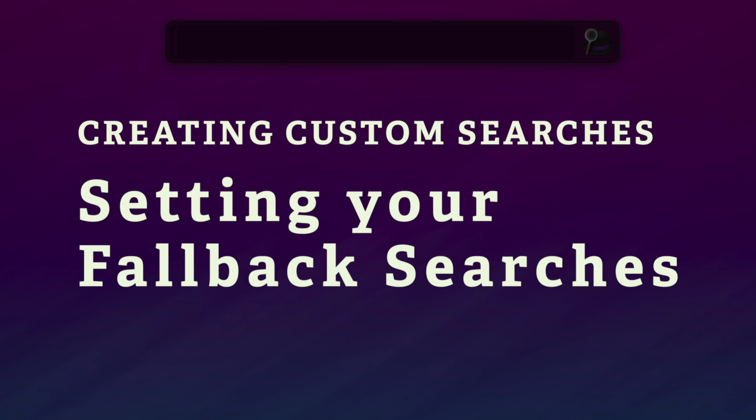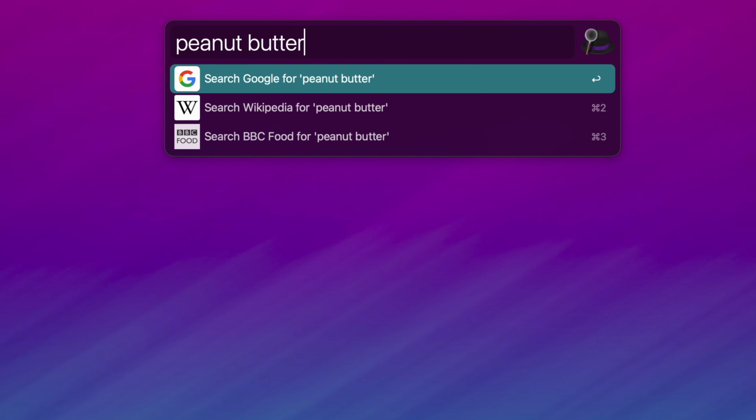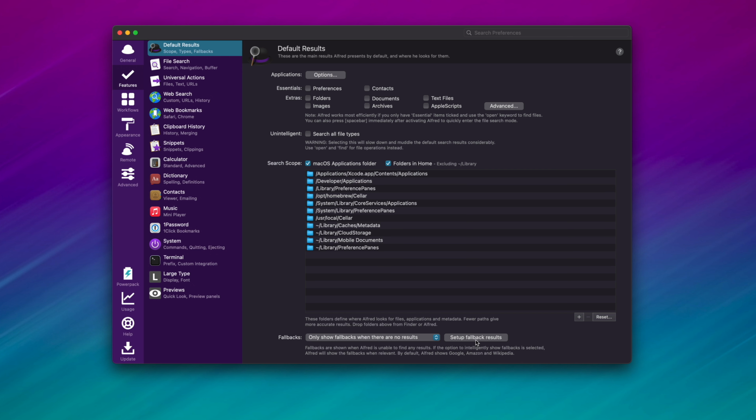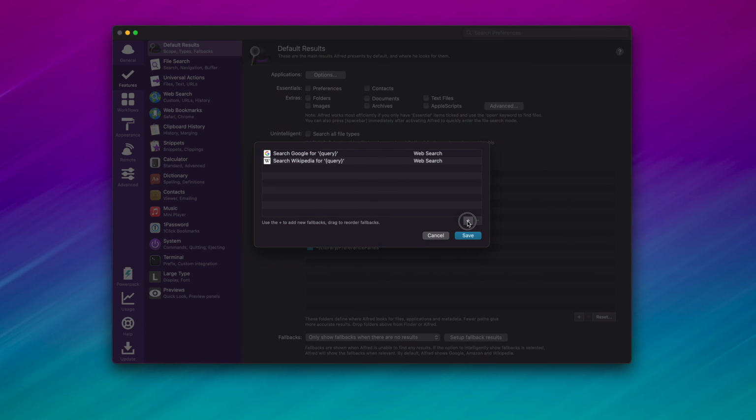The search options you see when Alfred has no relevant local results to offer are called Fallback Searches, and you can use your custom searches here as well. We've created another video which shows you how to customize your fallback searches, which is linked in the top right and in the video